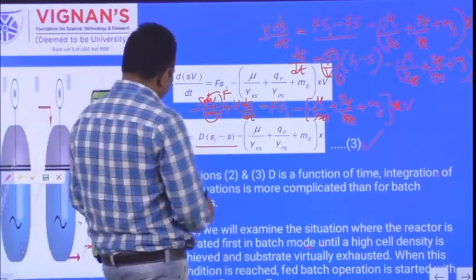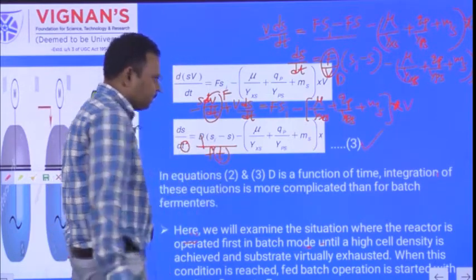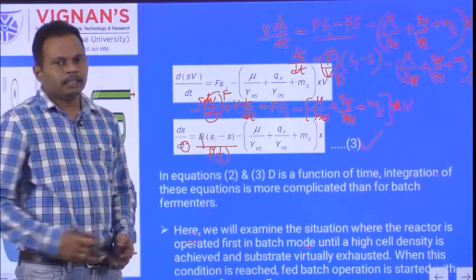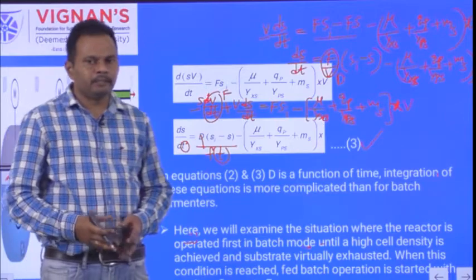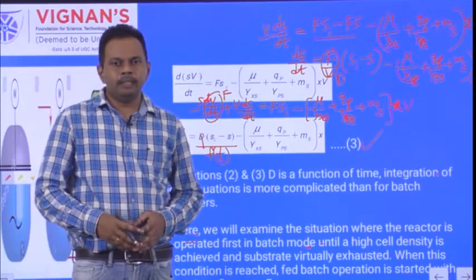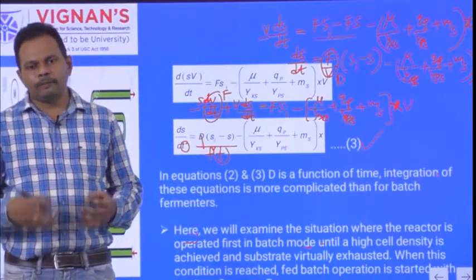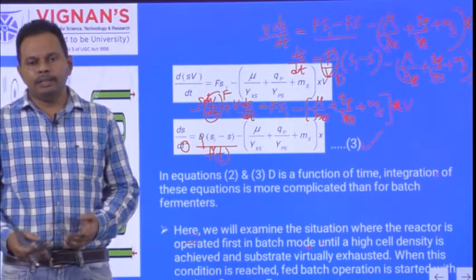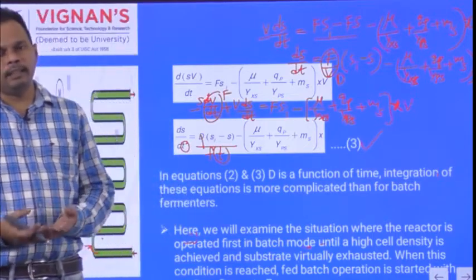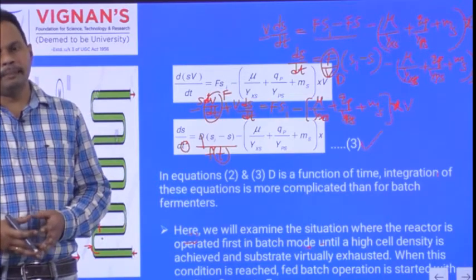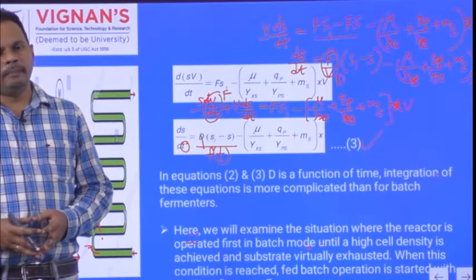Again, in this equation, on the left hand side we have the time, and on the right hand side D is also different, that means the dilution rate is also a function of time. Here also, solving this differential equation is very difficult. Why? Because on both sides we have the independent variable time. From this equation also our target is to find the fed batch time required to reduce the substrate concentration from Si to the Sf value. So solving equations 2 and 3 is very difficult, since on both sides we have the independent variable time. So we will follow some other alternative procedure to find the fed batch time.